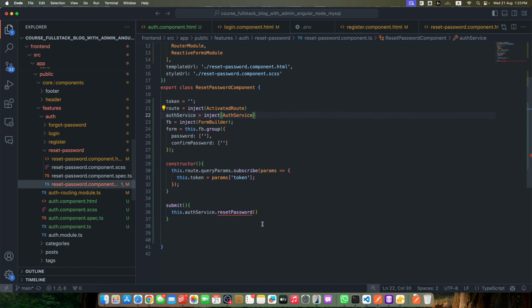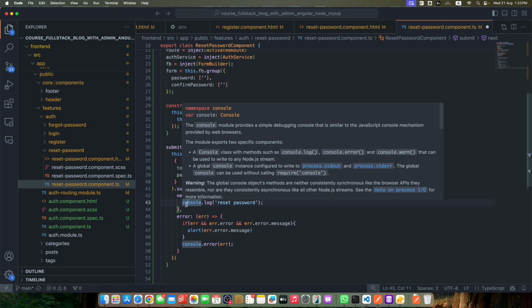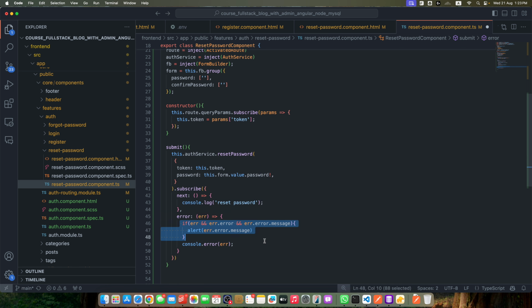Now close this file, and here I will pass the this.token. So we have to pass an object here. First we need to pass the token from this.token, and then we need to pass the password that will be available from this.form.value.password. Okay, now we need to subscribe to it and pass it an object to handle both values, success and error. In the error callback function, I'm handling the error in the same way like we did earlier. And in the next, we are just displaying the log in the console. We can also immediately redirect the user back to the login page by using this